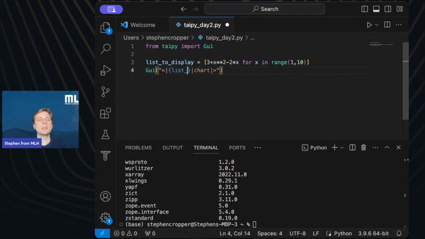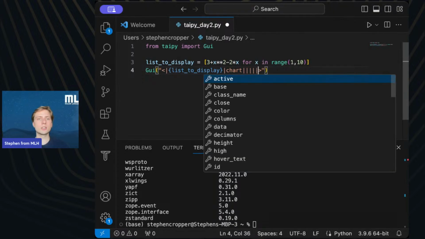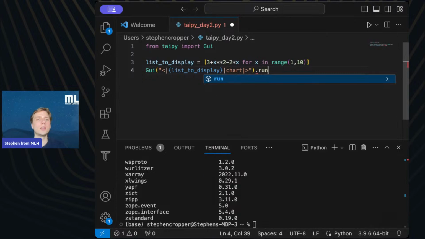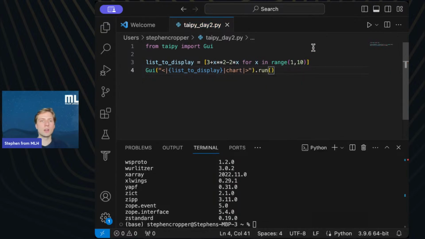And we'll type list to display in this first section to indicate that we want to display that Python list as the data on the chart. And after chart, you can actually add a bunch more pipes to add more colors and other things. But for now, we'll just type it like this so we can run the GUI and just get started with our hello world. All right.